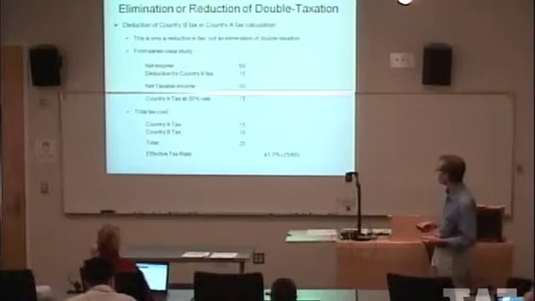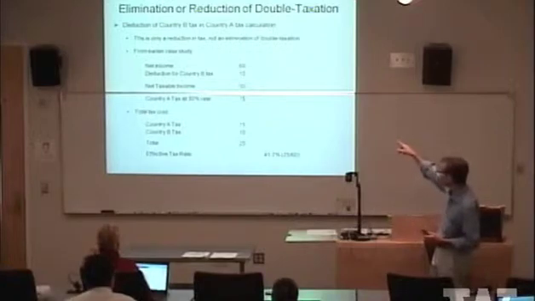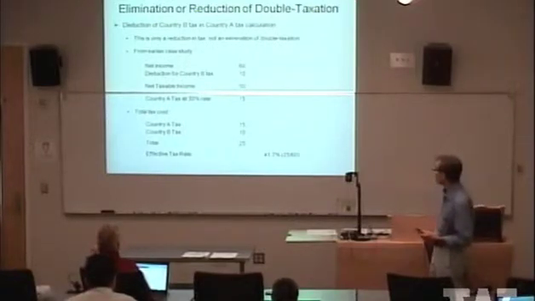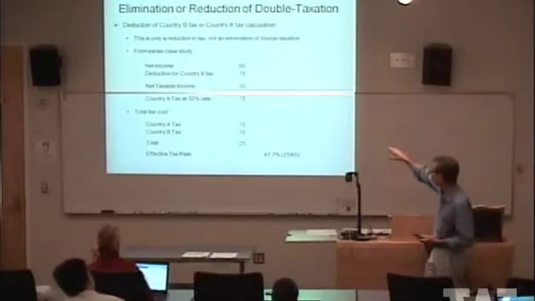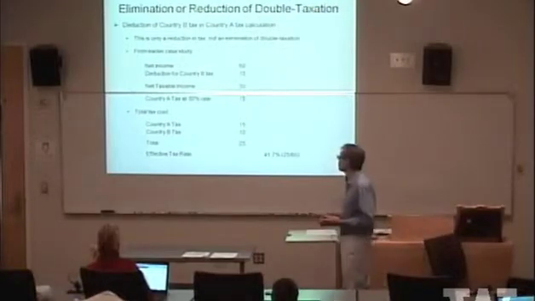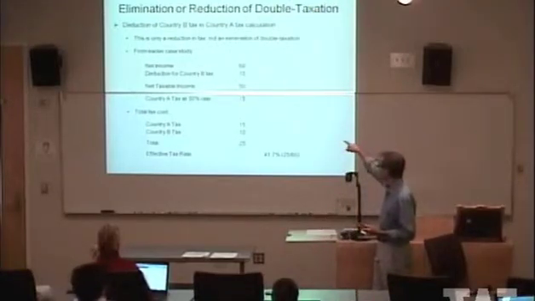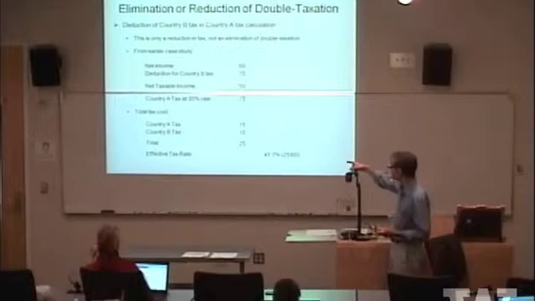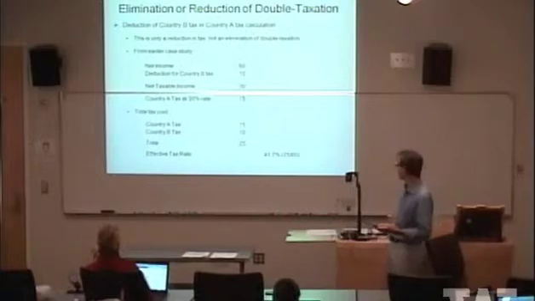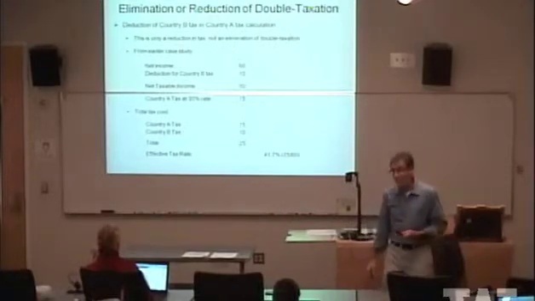Okay, so let's just look at the numbers using the numbers from the earlier case study where net income was 60 and there was a 10% withholding tax on gross income, which was 10. If we have a deduction, you see that we just subtract off from the net income. We apply the country A 30% tax rate. We end up with a total tax cost of country A's tax, country B's tax, and we get a total which happens to give us a 42% effective tax rate.